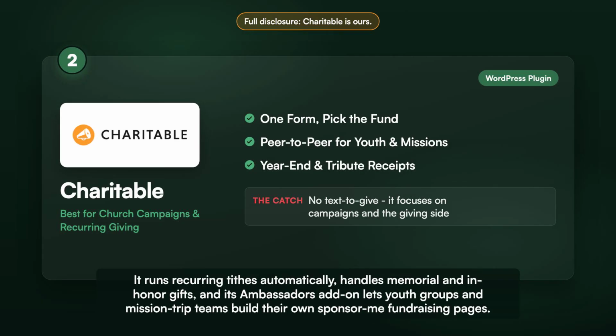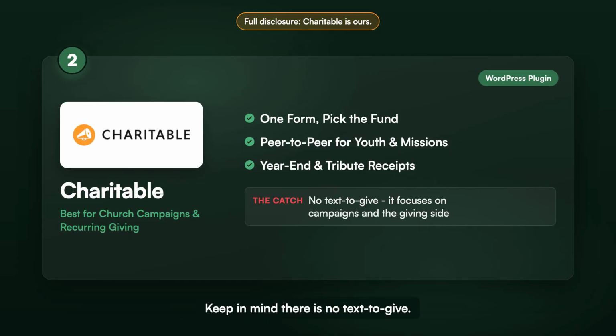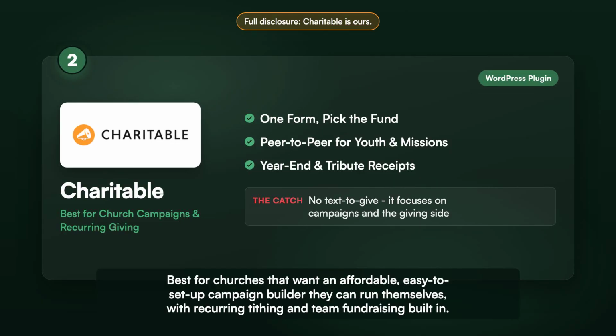It runs recurring tithes automatically, handles memorial and in-honor gifts, and its ambassadors add-on lets youth groups and mission trip teams build their own Sponsor Me fundraising pages. It also creates the year-end giving statements and per gift receipts your church needs at tax time. Keep in mind there is no text to give. Best for churches that want an affordable, easy-to-set-up campaign builder they can run themselves, with recurring tithing and team fundraising